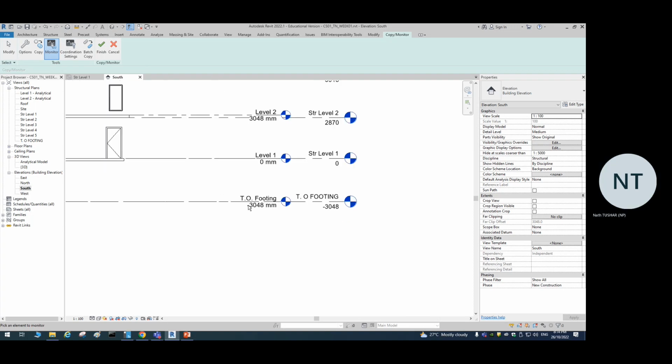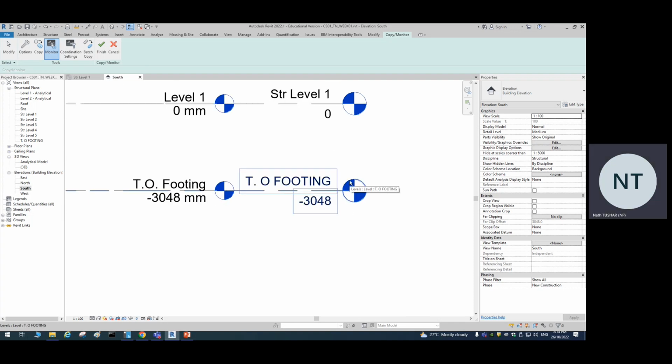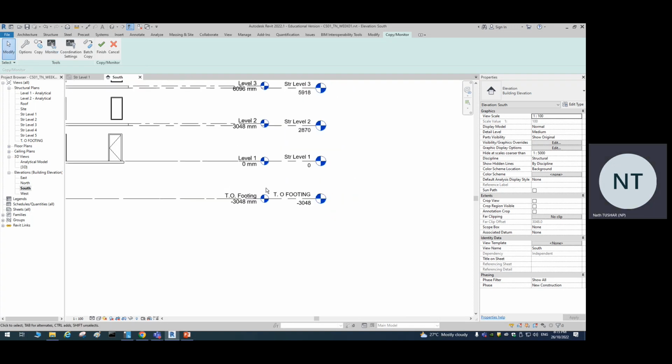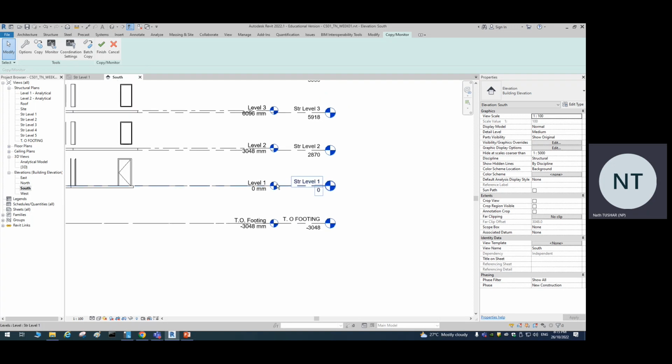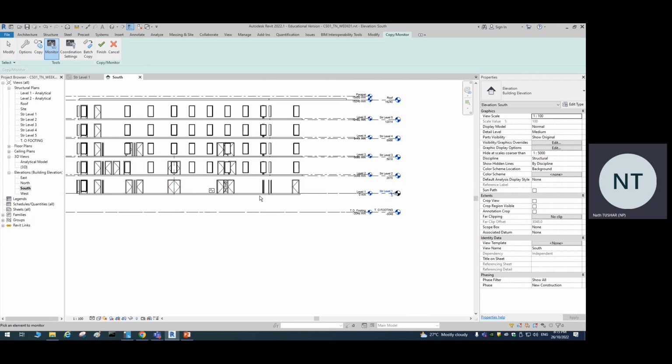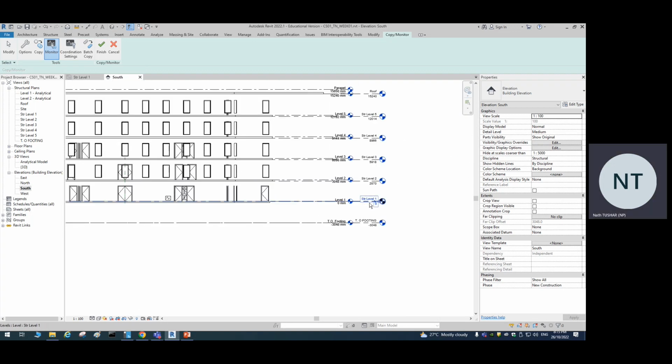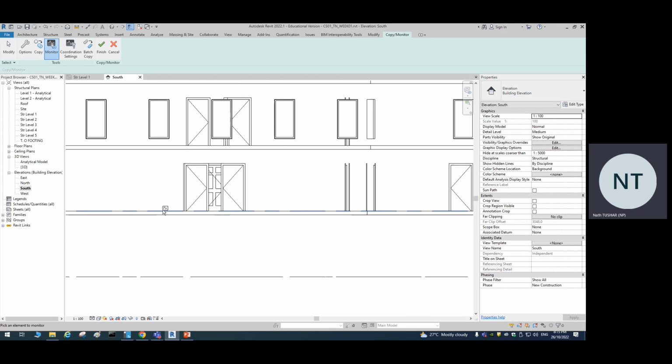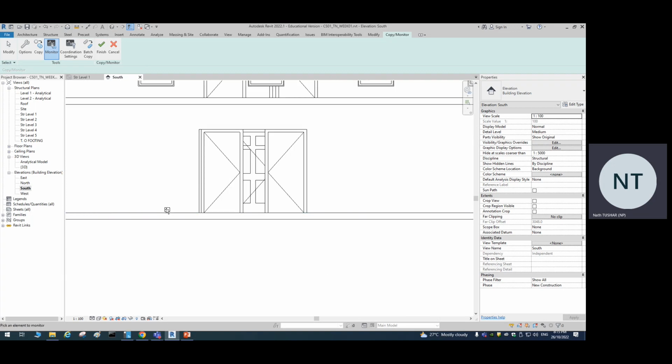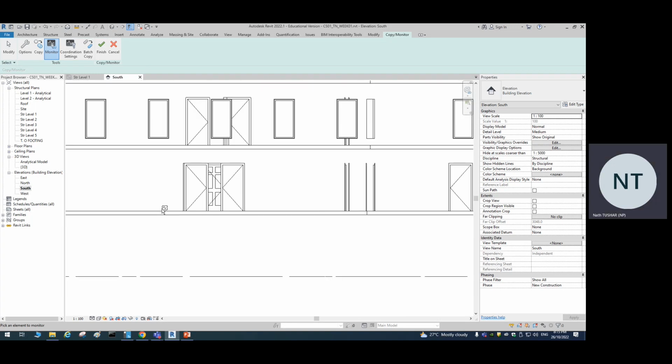So one by one, you are going to monitor items created on the structural in correspondence to the items inside the architectural. So to do that, let me just do one first. So I'll select monitor and structural. Okay, so I'm going to monitor my structural level 1 against the architectural level 1. So when I do that, once I click on both the elements, right, structural level 1 and architectural level 1, you will see that there's a heartbeat kind of a sign, very small one, somewhere in the middle. Okay, so please try doing this